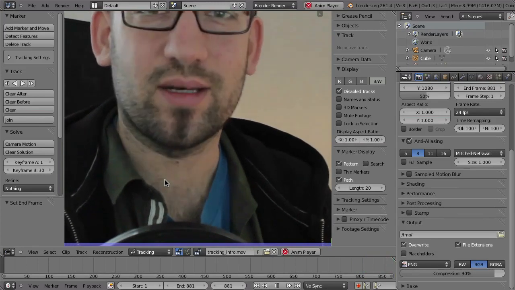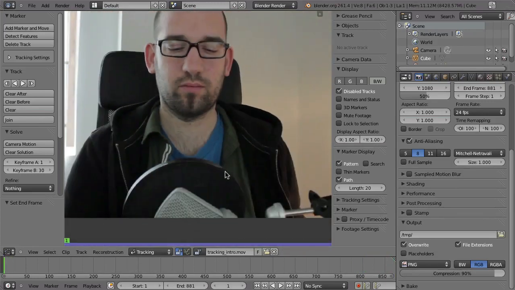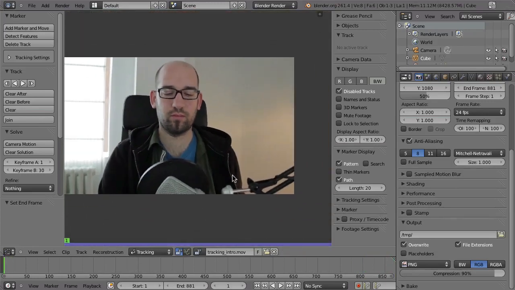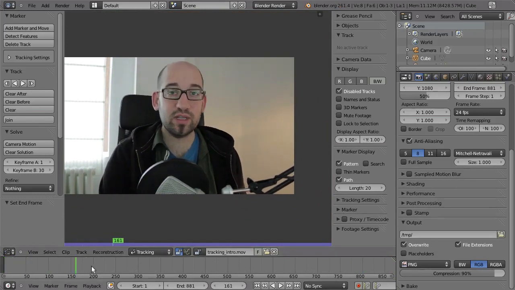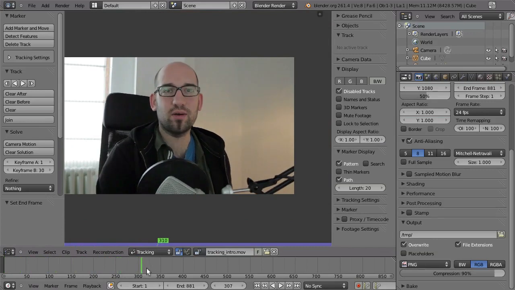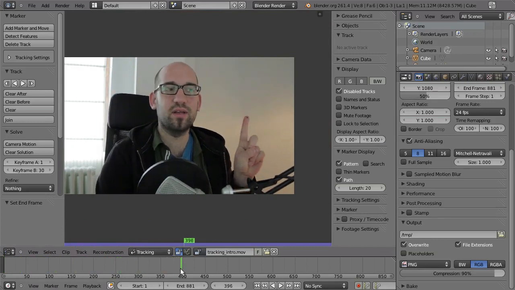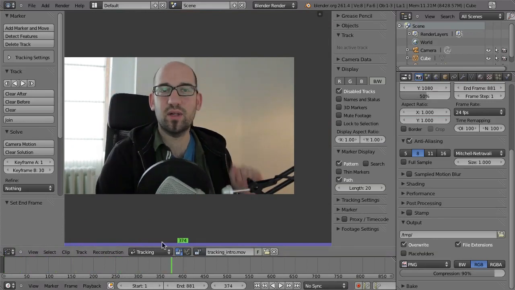So let's start tracking. Now, the first thing is, speaking of all the RAM and all this image sequence, if I want to track my finger here, I don't need to keep all these frames in the RAM because my finger is just visible from frame 375, so I don't need the first 374 frames.